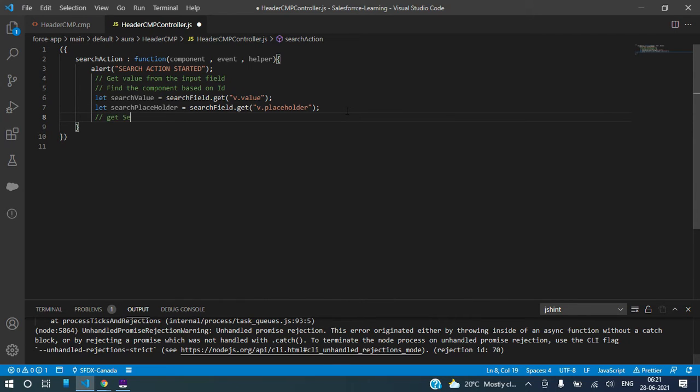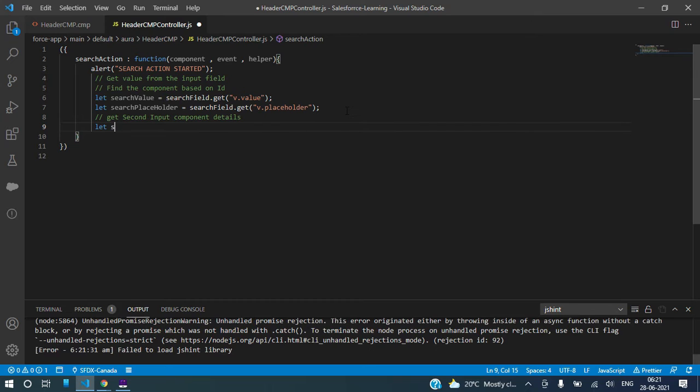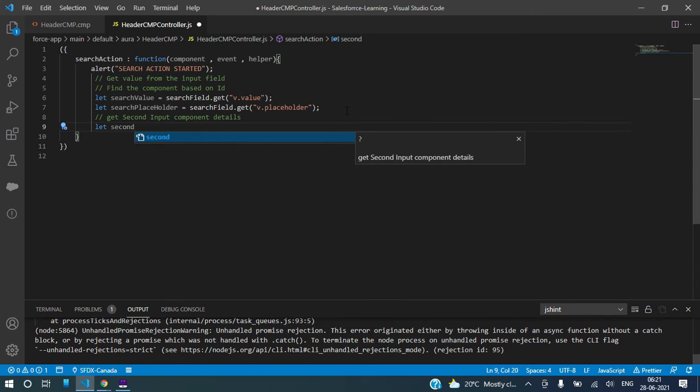Get second input component details. How to get second input component details? I'll say second input equal to